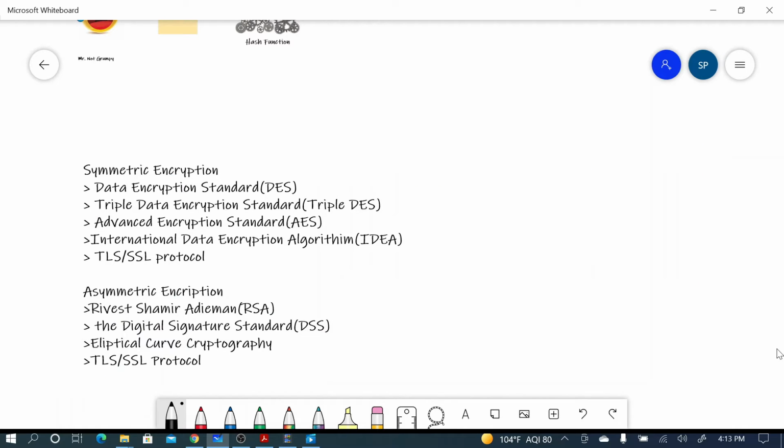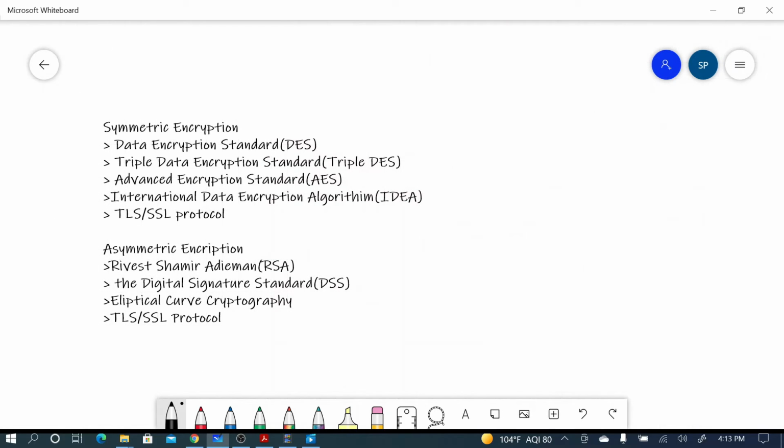So let's see some examples of symmetric encryption and asymmetric encryption. The Data Encryption Standard, which is called DES, is an example of symmetric encryption, but this is outdated because this technology is very old, and when computers evolved and we got more powerful processors, it was shown that it can be decrypted through a brute force attack.